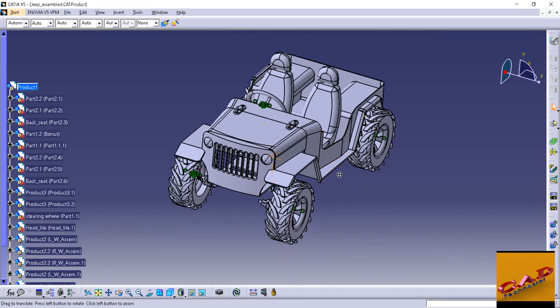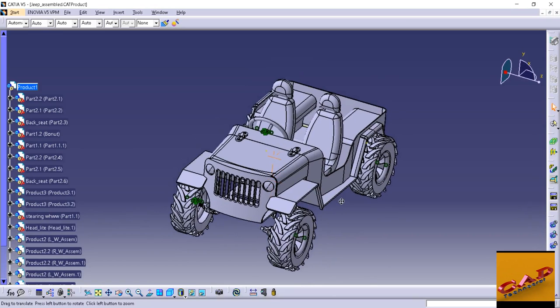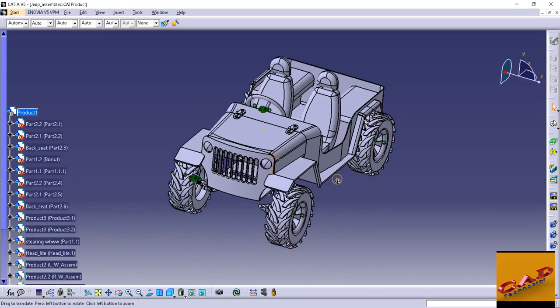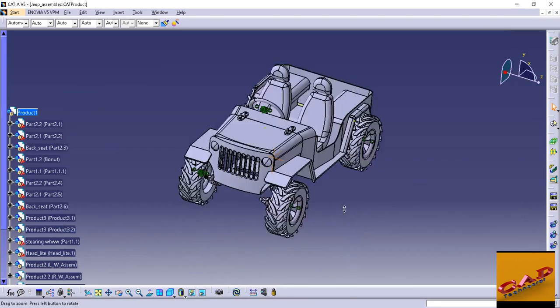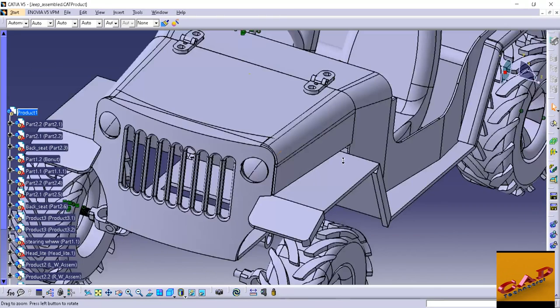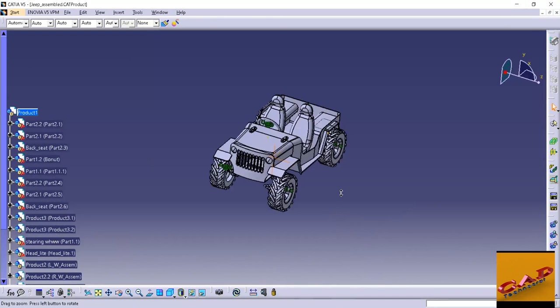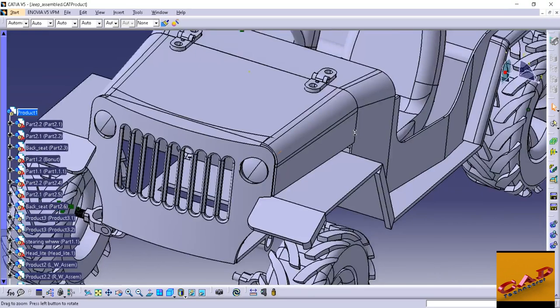and click on the right button and release the right button like this. And if I move my mouse in the forward and backward direction, it will zoom in and zoom out. I repeat it.